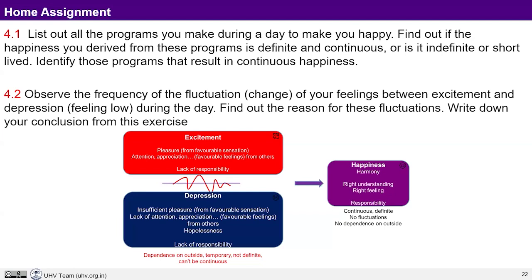Now, this is something that we can do at a personal level also. It may be the case that while we are co-exploring, we also keep on fluctuating between excitement and depression. Isn't it? Like feeling high and feeling low. And something from outside is influencing me. I'm dictated by something outside. So we can make a list of all such things. What do I do for excitement? What do I do when I feel depressed? And what could be the way out? The more sincerely we do this kind of exercise for ourselves, we can share it more meaningfully to the students.